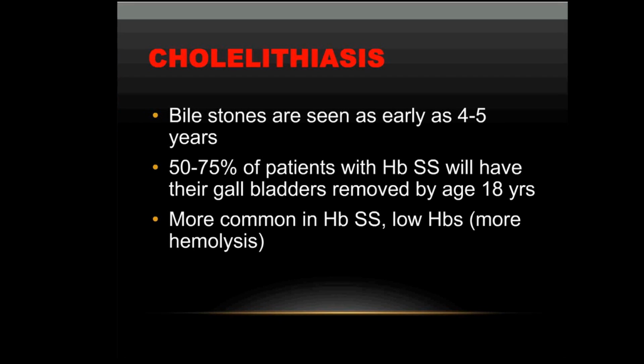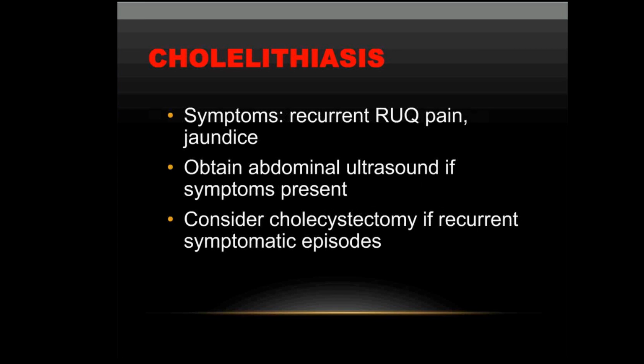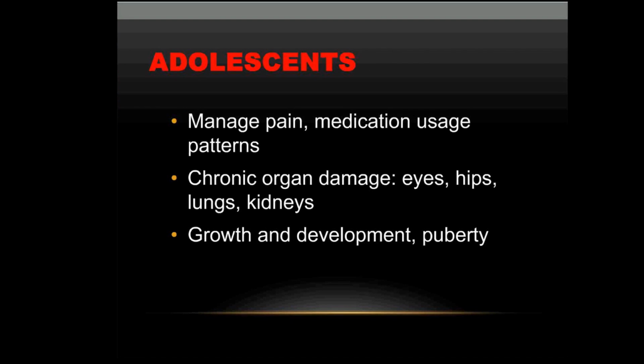They can have cholelithiasis. Bile stones are seen as early as 4 to 5 years. 50 to 75% of patients with hemoglobin SS will actually have their gallbladders removed by the time they're 18, and it's more common in hemoglobin SS. Okay, now some of the symptoms are recurrent right upper quadrant pain and jaundice, and what you'd want to do is get an abdominal ultrasound